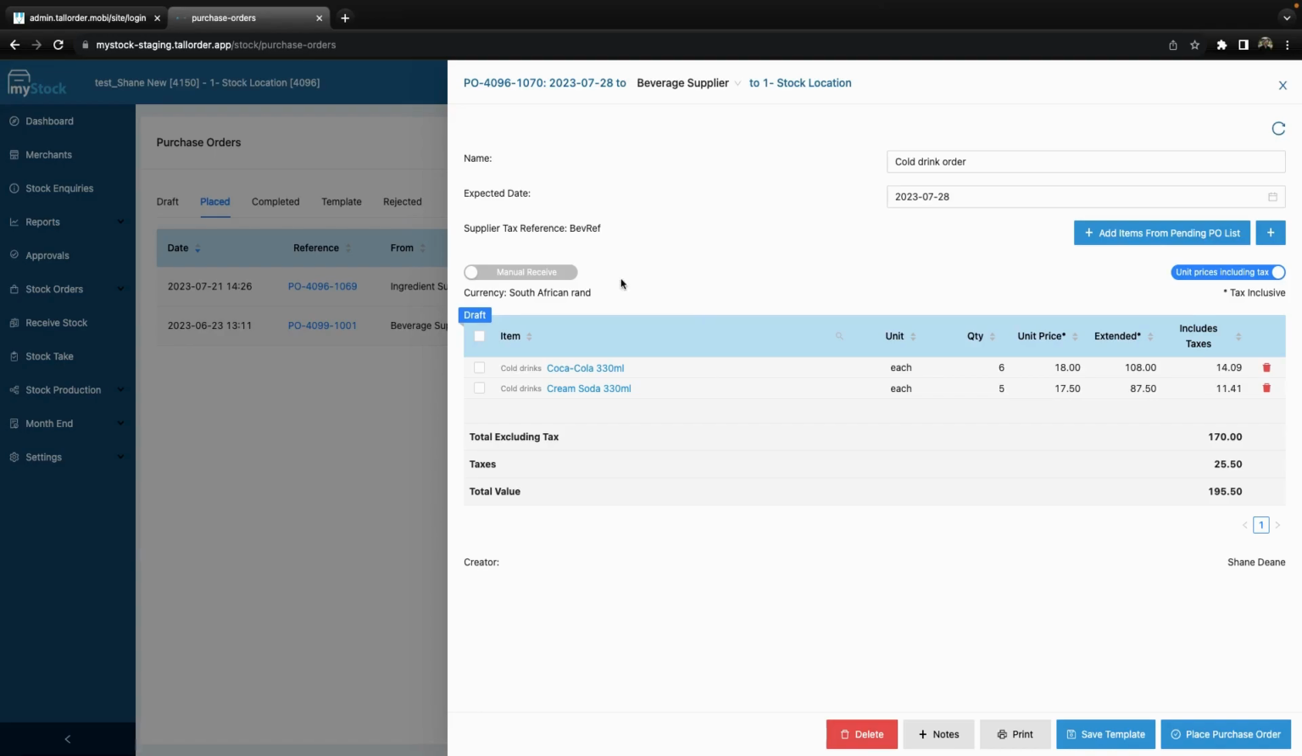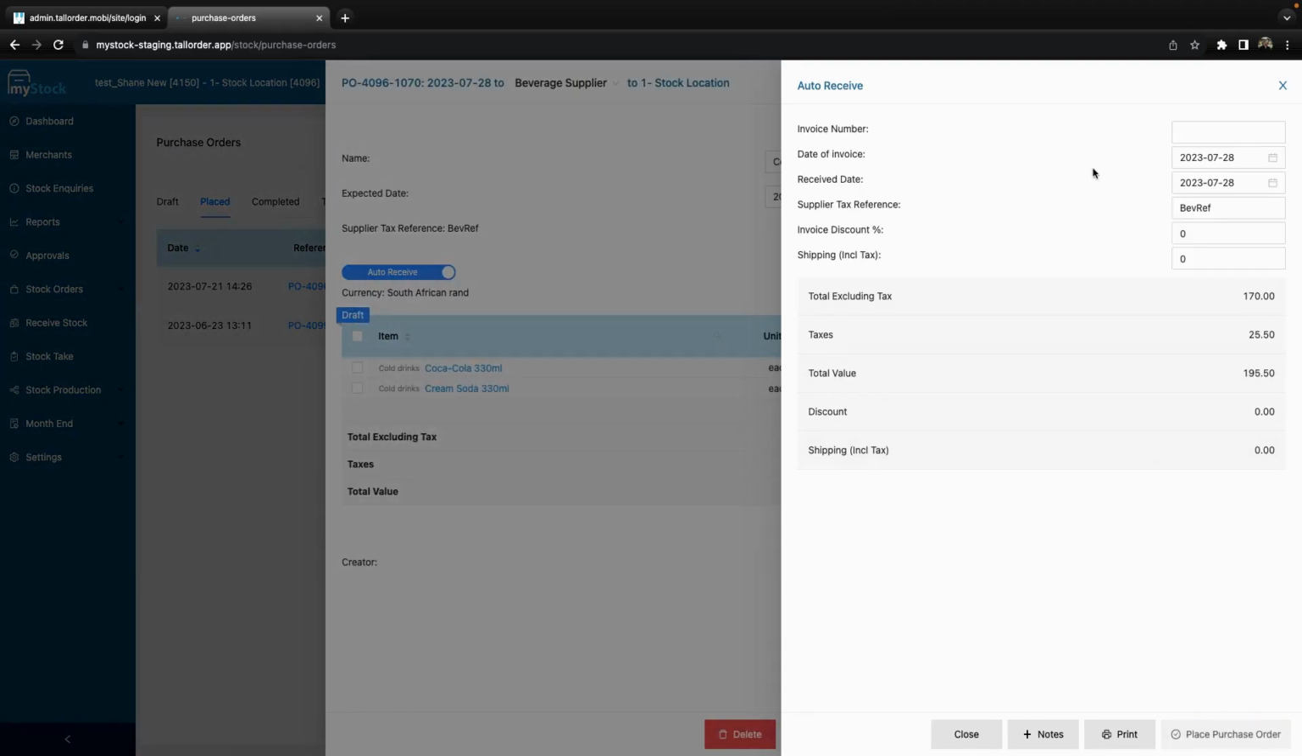So for one example, you can choose to either receive your purchase order as a manual receive, or you can choose to do an auto receive. An auto receive means that when you've selected this toggle to be on and you go and place the purchase order like this, another drawer for auto receive will pop up and it will require you to put in an invoice number, and there you'll see that the place purchase order button is now highlighted in